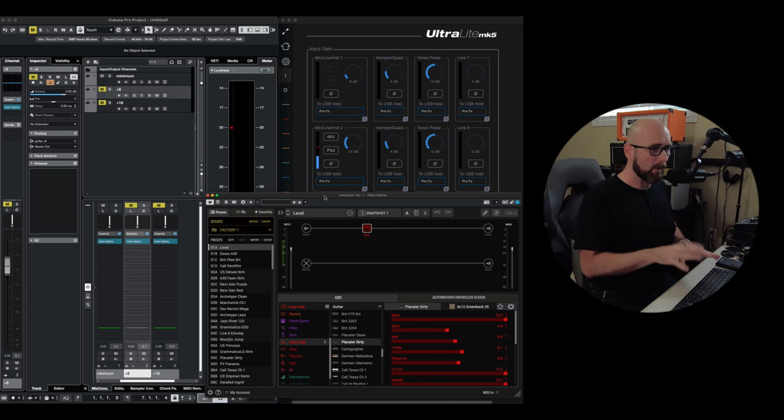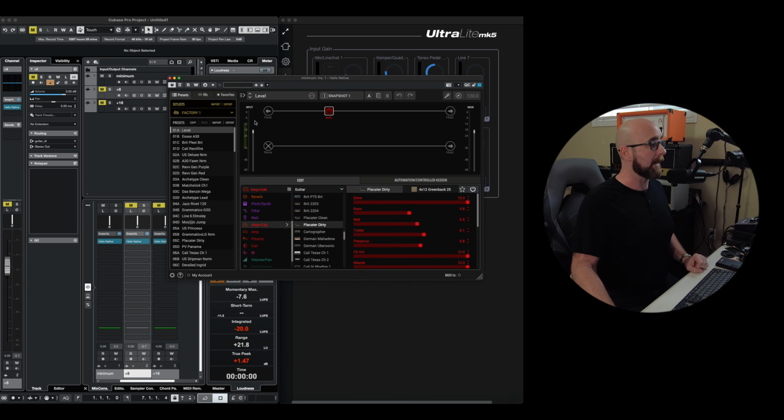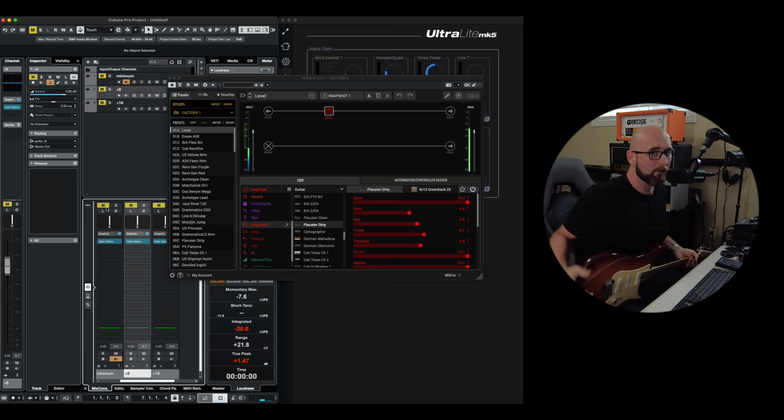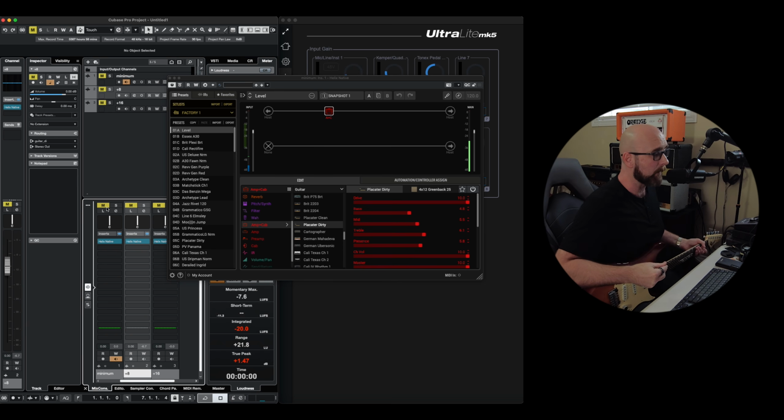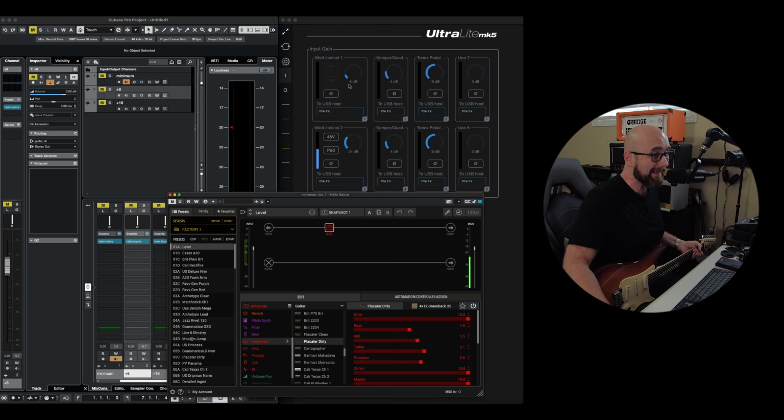So I want to do the same thing and show you what's actually going on here. What I have is 3 tracks, all with an instance of Helix Native on them. Now, what's interesting about Helix Native is it has on the input this little green range right here, which is kind of interesting because if we grab a guitar, and I just have this muted right now because I don't want the noise coming through, but if I grab a guitar with my input set to this 8 dB added